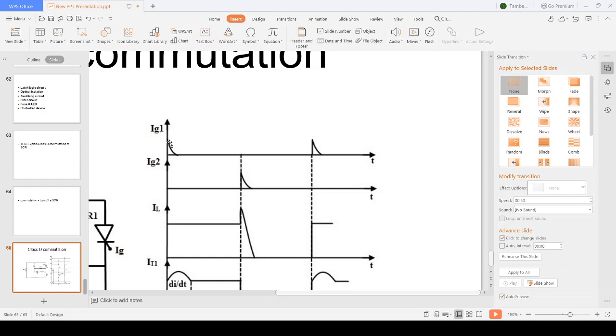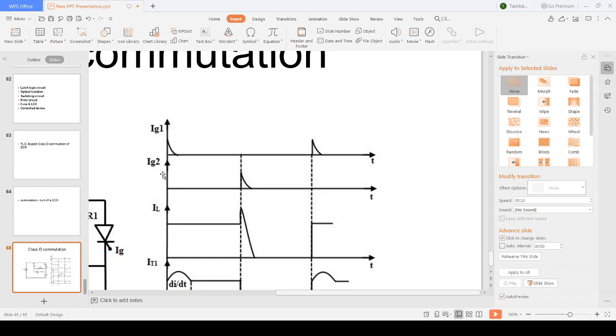After applying the gate pulse, the SCR will turn on, and the load current has some value. Current will flow through resistor RL, and after some instant